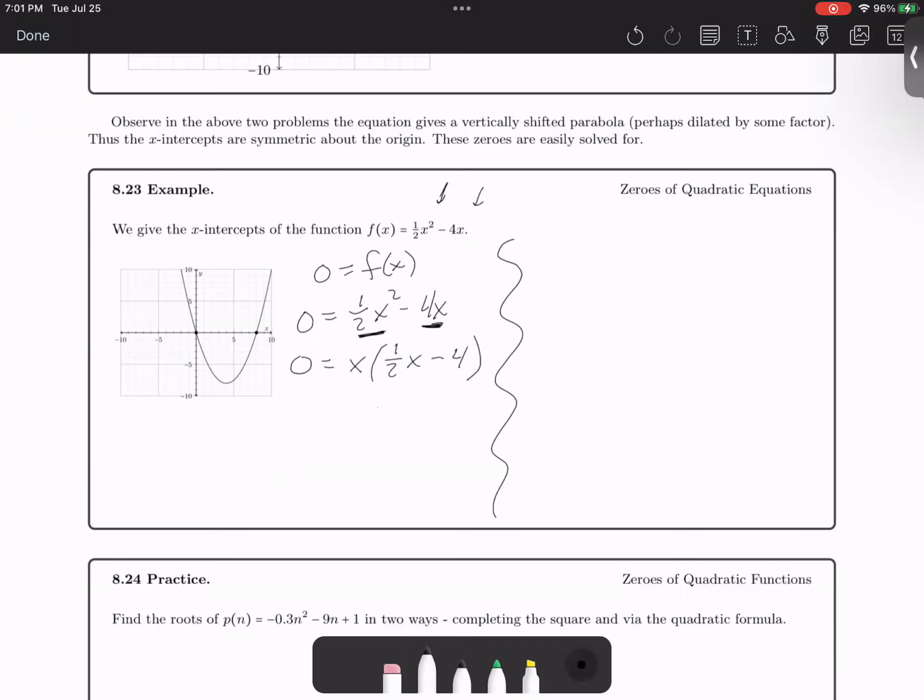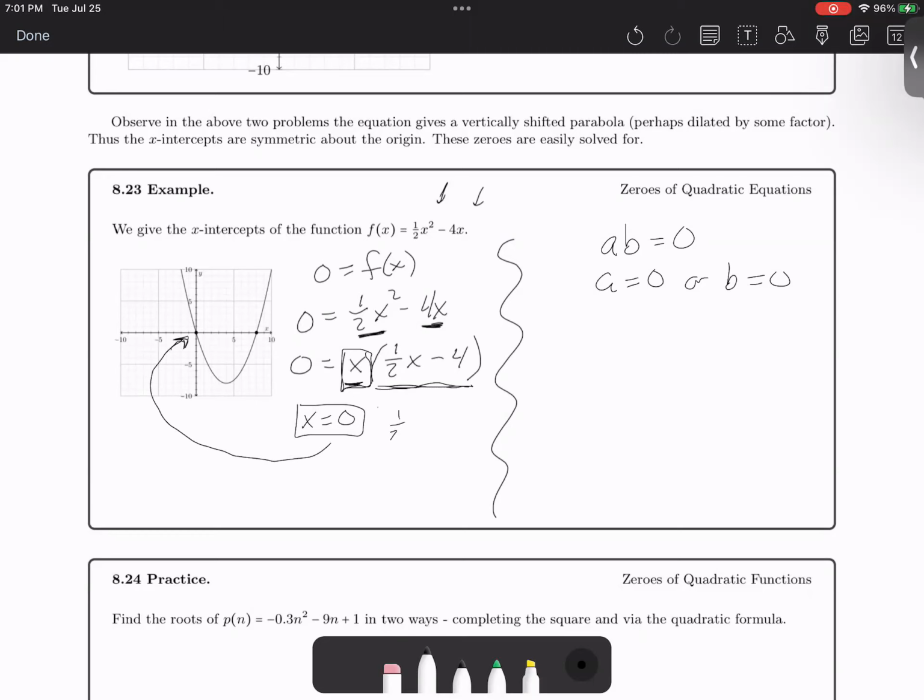Okay, so here we're going to use a trick in algebra that says that if I have a times b equals 0, then a is 0 or b is 0. So if I have a product that equals 0, one of the terms in the product has to be 0. And here I have x times 1/2 x minus 4. So either the x is 0, which gives me that point right there,